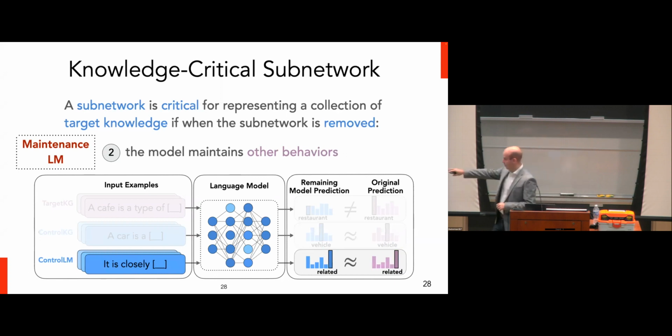And then the last thing we want to make sure of is that we also retain all of the other abilities of this language model that don't nicely come down to describing knowledge. Ultimately, these language models are very rich tools. They should be able to do everything else they once knew how to do. And we regularize for that by having this control LM, which is a bunch of other random sequences that don't necessarily describe declarative knowledge, should also remain in this system.